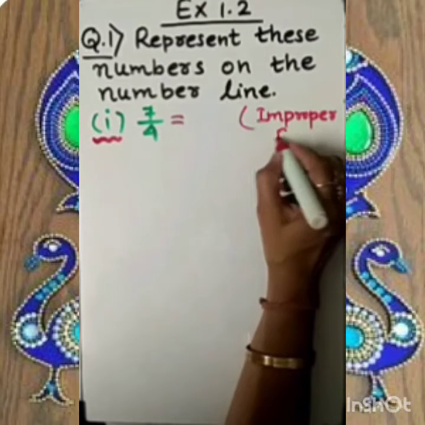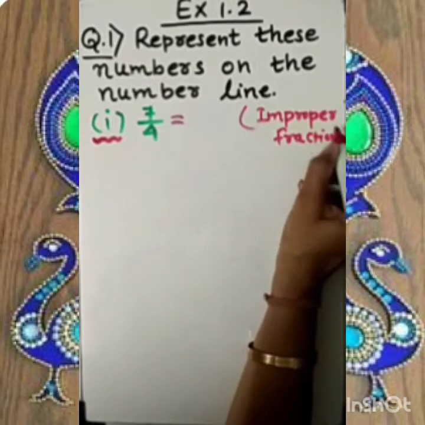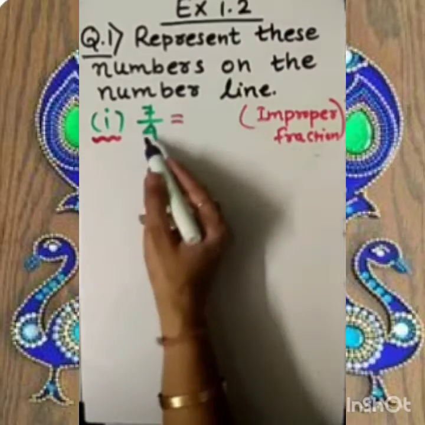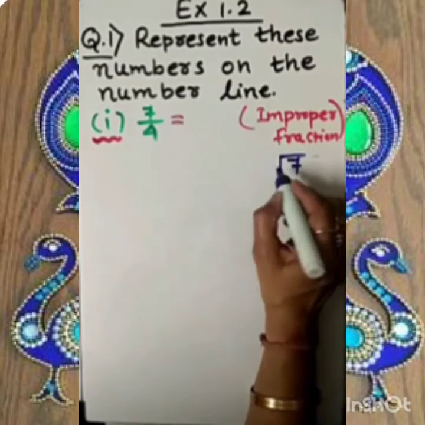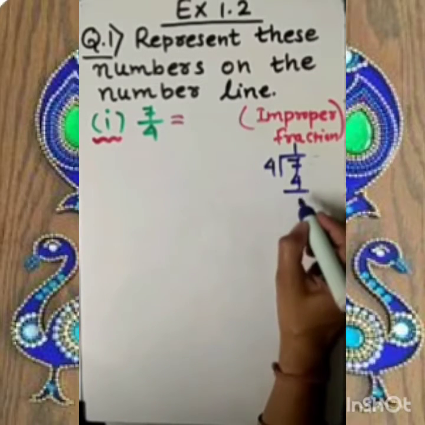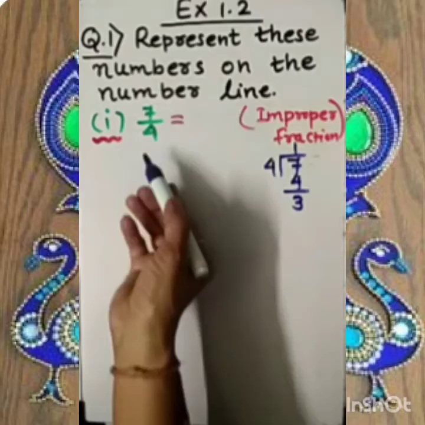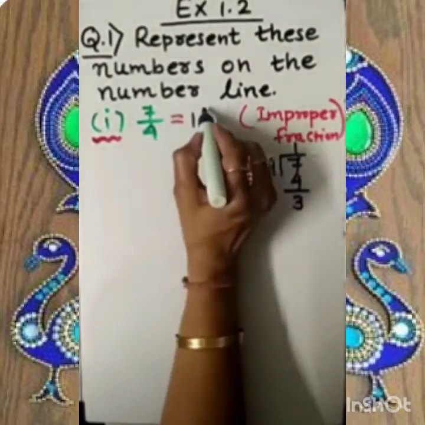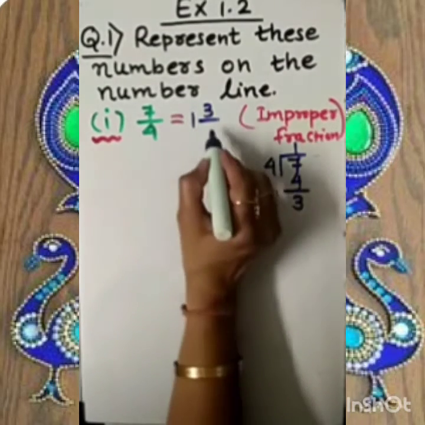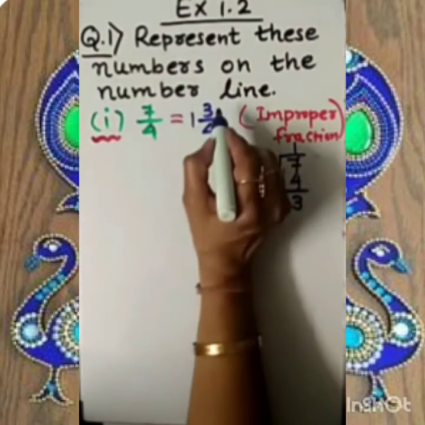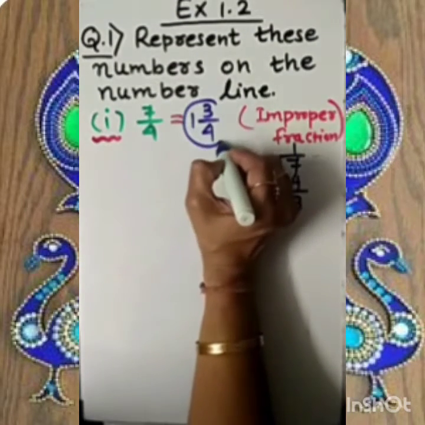So my dear students, for an improper fraction, always remember the first thing we need to do is convert it into a mixed fraction. And how to convert, you know very well. 7 will be divided by 4. Then we have 4 ones are 4, 7 minus 4 is 3. So how to write it as a mixed fraction? I need to write the quotient 1, the remainder in the numerator, and the divisor in the denominator. So 7 by 4 can be converted into a mixed fraction as 1 3 by 4.